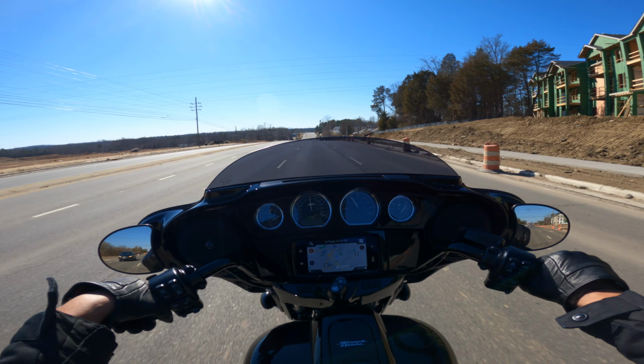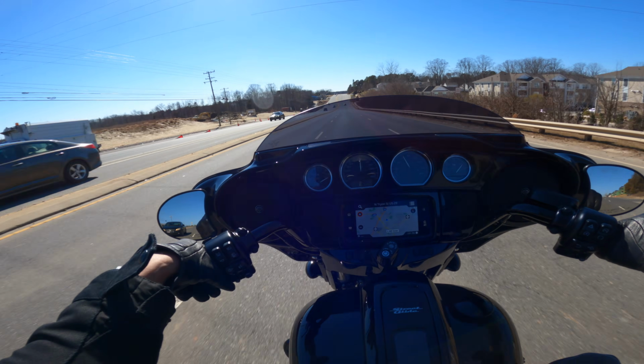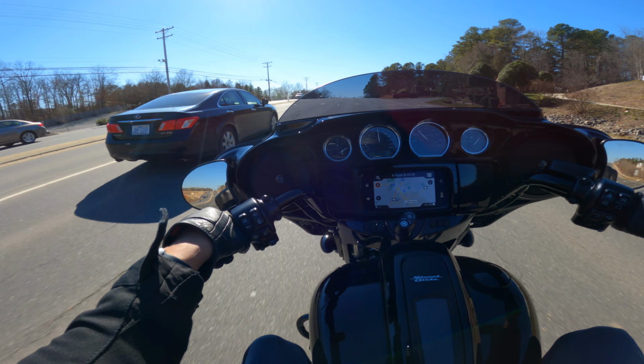Now there's going to be those individuals who actually want to pick up one of these and ride 2-up. So of course you still have the option of picking up a 2-up seat and customizing the bike to your fit and your style. I'm not going to get too crazy on this bike here,